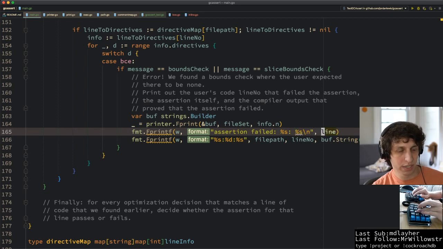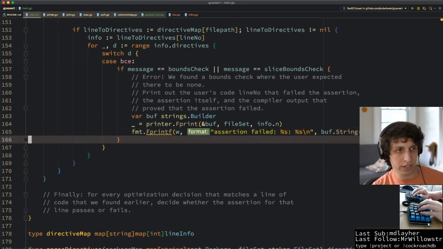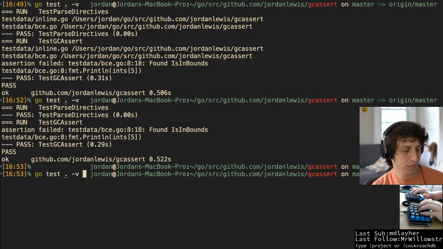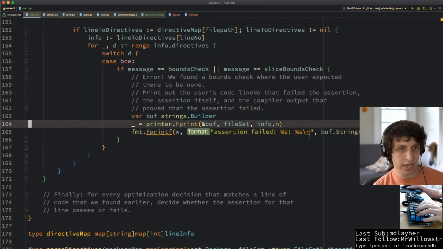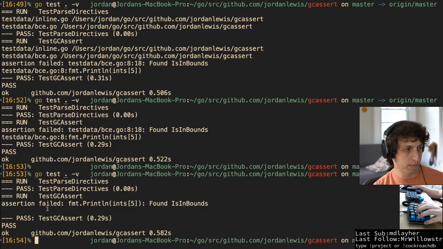So we'll say buff.string and then the message. Get rid of that altogether. What does this look like? Assertion failed. Formatted print line into 5 found is in bounds. That's pretty good. That's pretty good. So let's actually go ahead and add just that